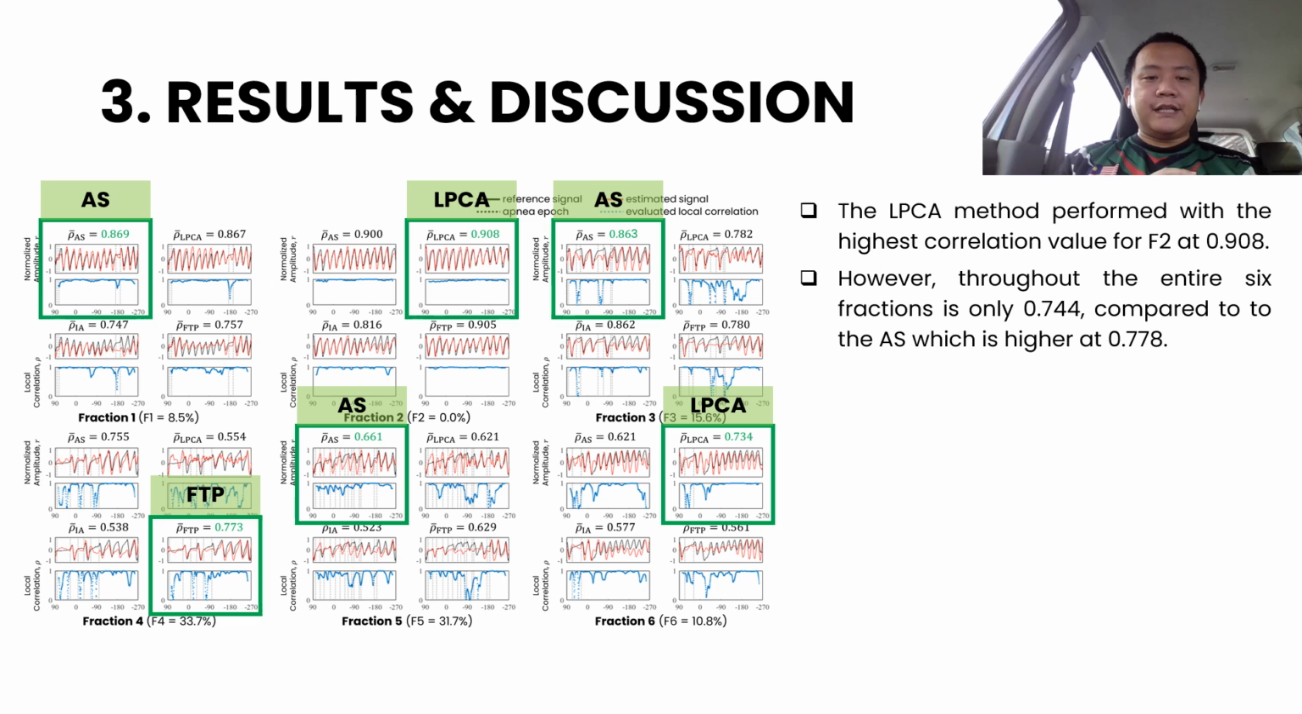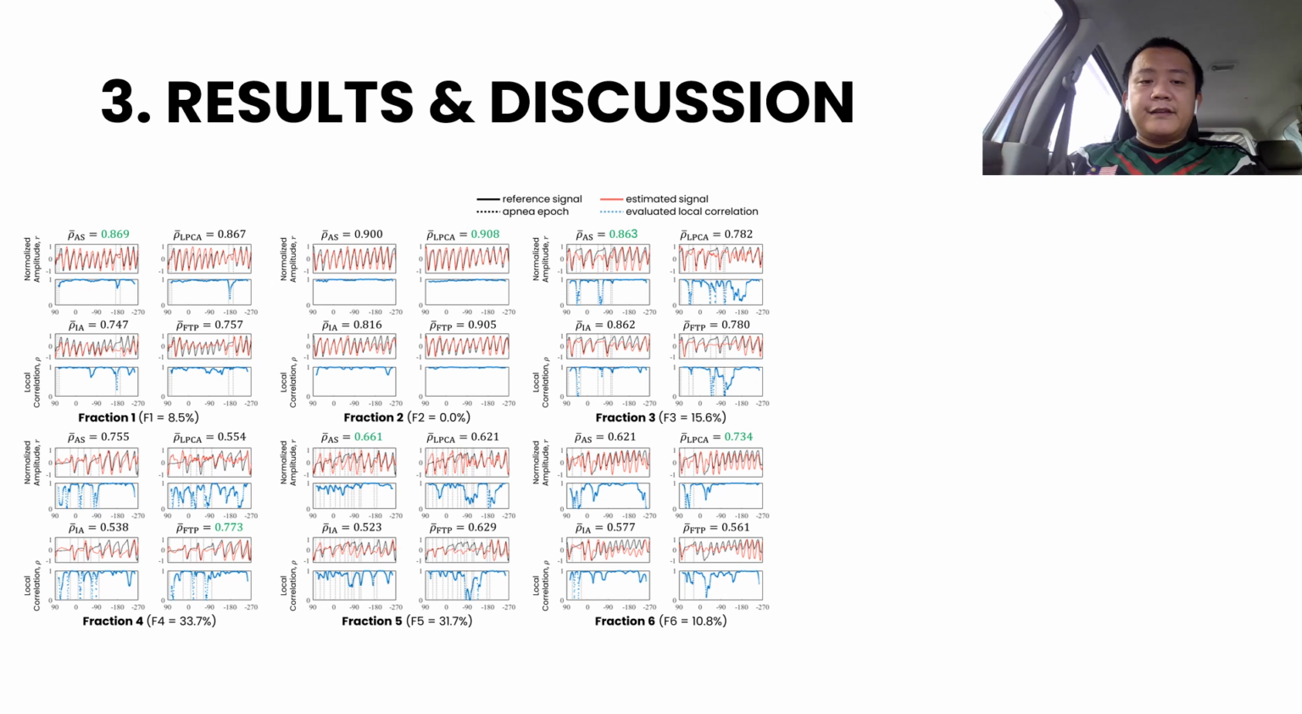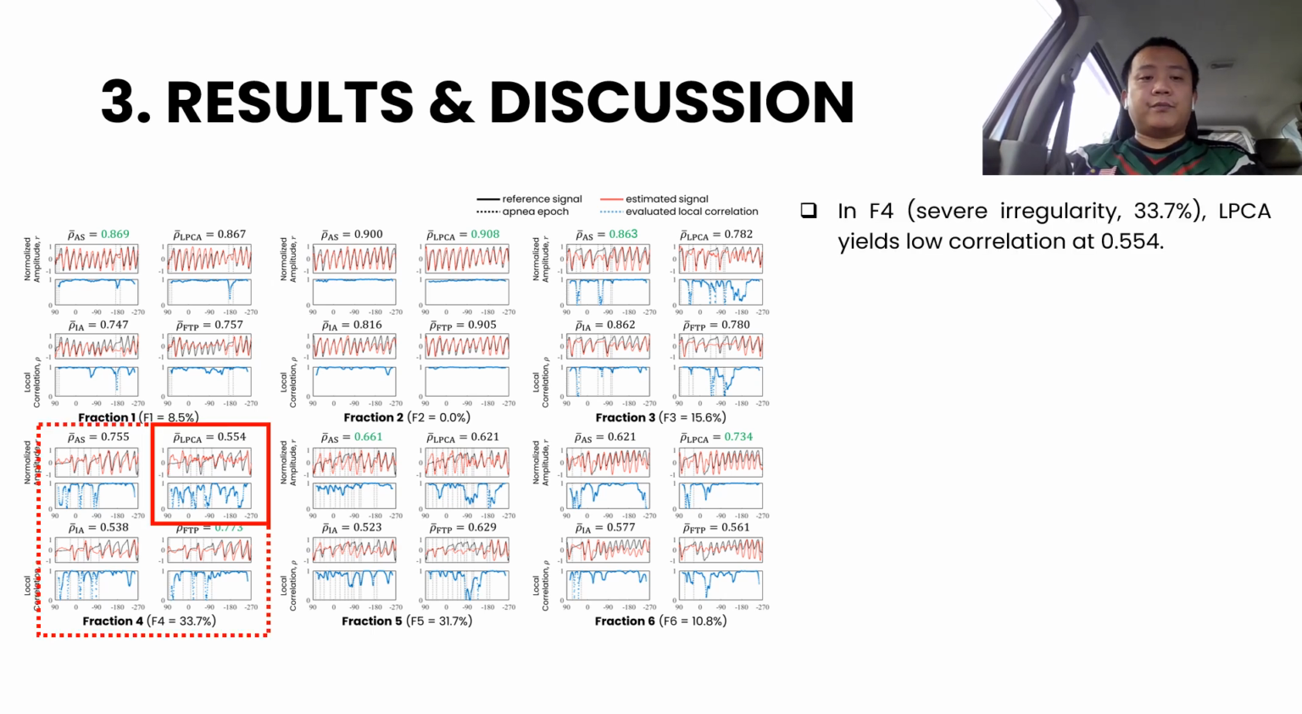This is an early indication that even though the LPCA method is able to extract the respiratory signal from a regular breathing pattern, which is in F2, fraction 2, with higher accuracy, it does not necessarily suggest its robustness for irregular patterns as well. For the breathing signal with severe irregularities within this set of data, such as in fraction 4, where the apnea-like features that indicate temporary cessation or breath holding cover 33.7% of the entire 60-second CBCT acquisition period,